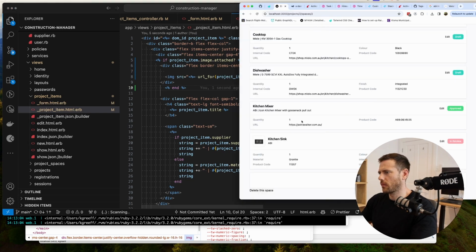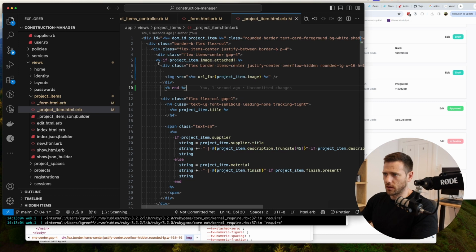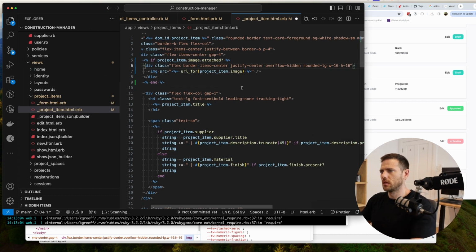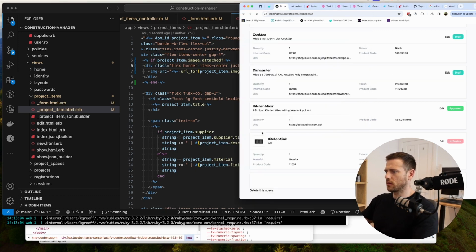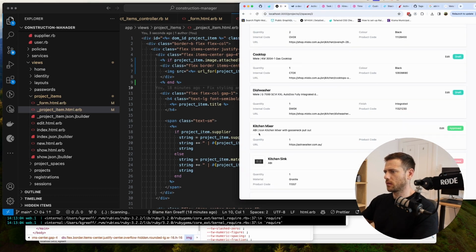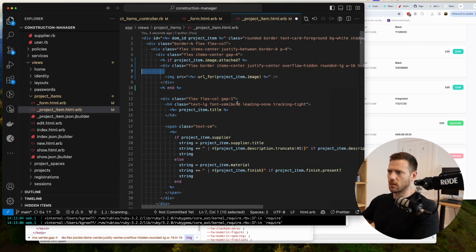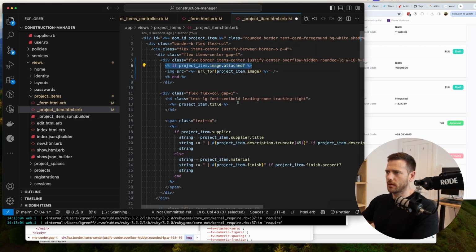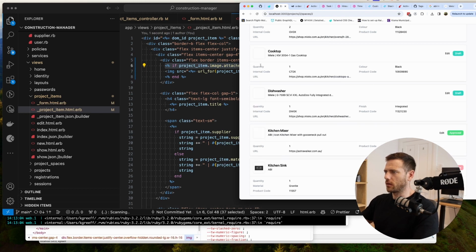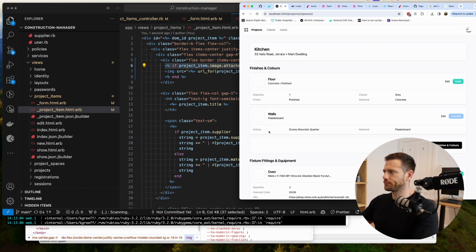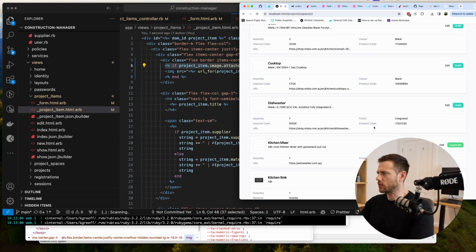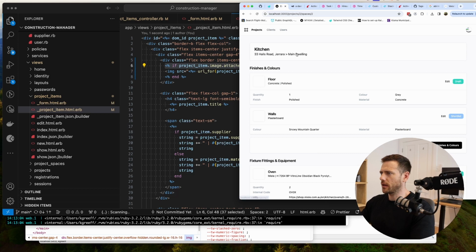Yeah, can probably do something like that. It's not the best, not the worst. Sweet, so there we go. Yeah, I don't know. Probably can just use like a little icon in there or something if it's empty. Sweet. So that's pretty cool. That was really easy to add that active storage there. So if we just go back now to the main dwelling,